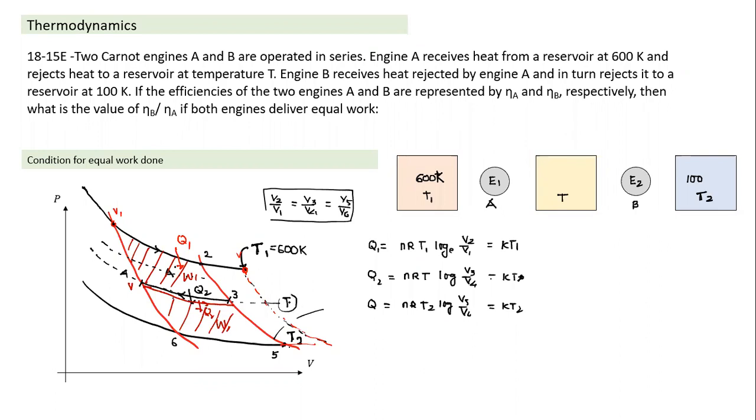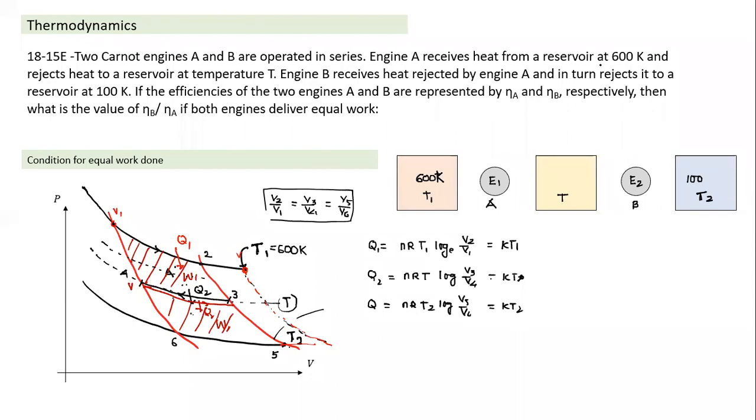So this is how the ratio of work done depends on work done by the first engine and the second engine, depends on this temperature T. The lower the value of T is, the higher the work done by the first engine. So let's see what is here. Now we come back to the same question here.